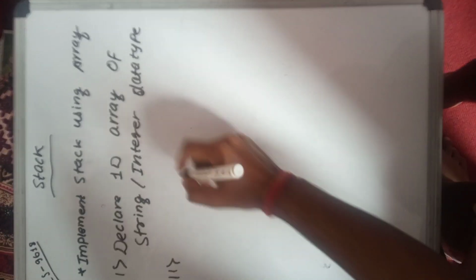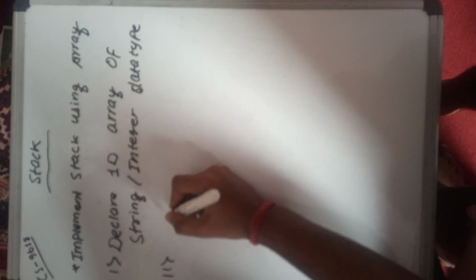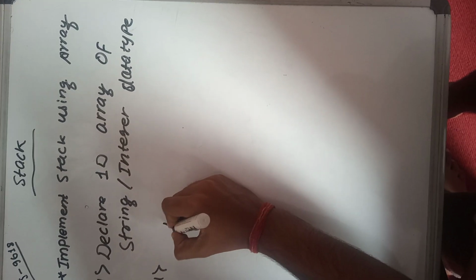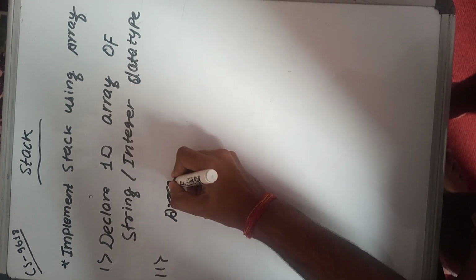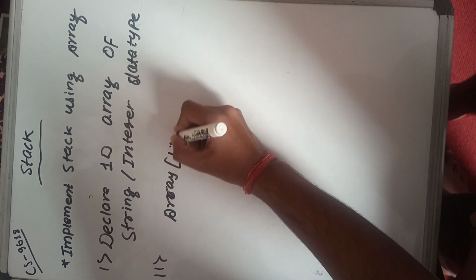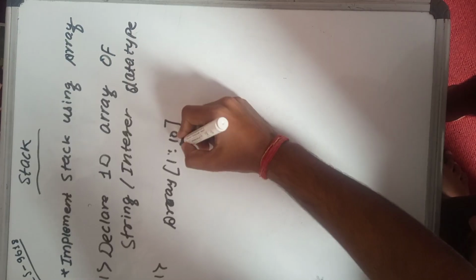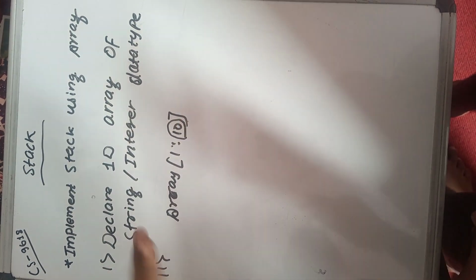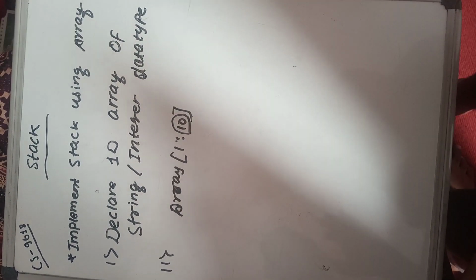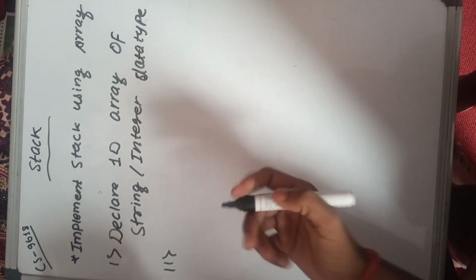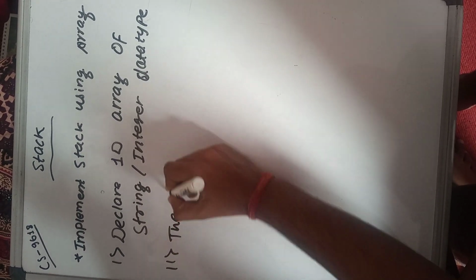As I declared previously, the array had 10 elements. What does it mean? The stack only has the limitation of 10 elements. So we can also write it as the number of elements